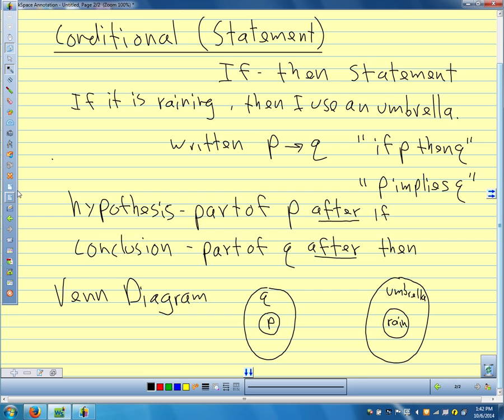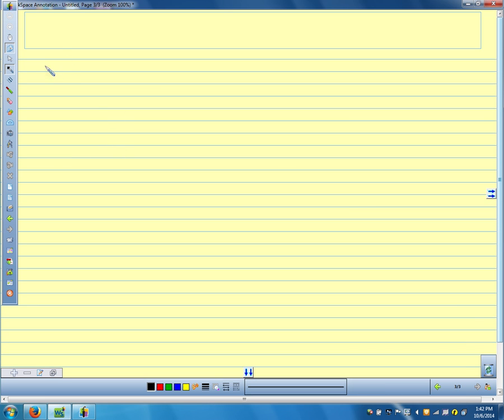All right, so let's decide. I want to do a couple of examples. Let's decide if these conditional statements are true. If a number is even,